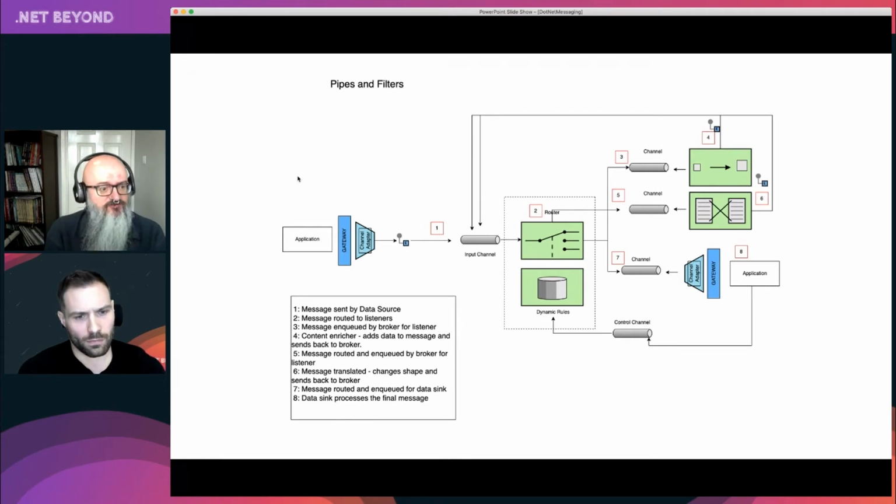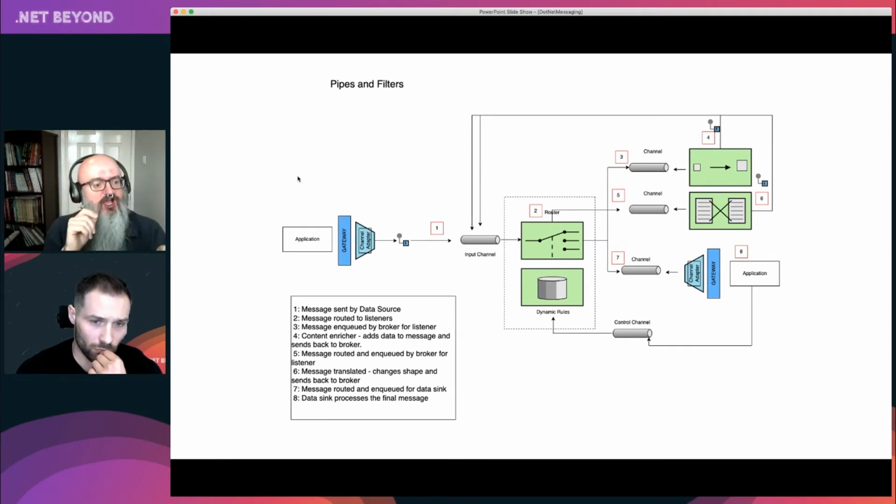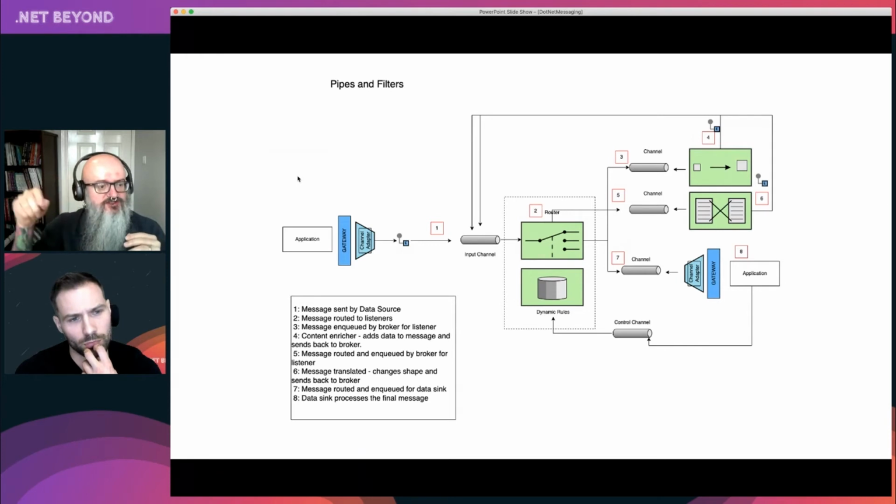And one of the big advantages of messaging is our ability to build what we call a pipes and filters architecture, where between the data source and the data sink, we can insert these arbitrary steps. If you think about Web API, where you've got middleware between your handler and the message coming in, for example an API calling your own code, and you can say, hey, I can do all these things orthogonally. It's exactly the same in this kind of flow. We get those same advantages of being able to insert all these steps in between.